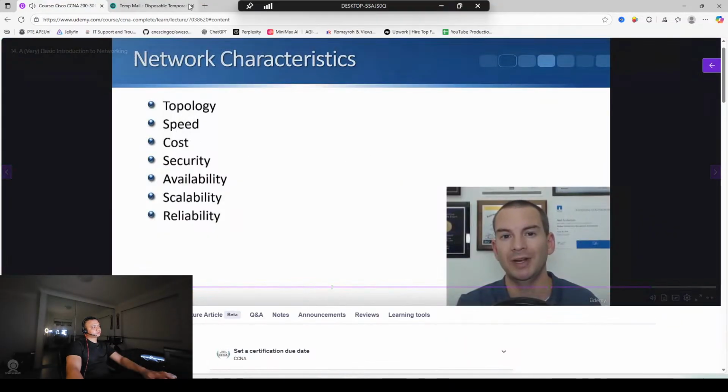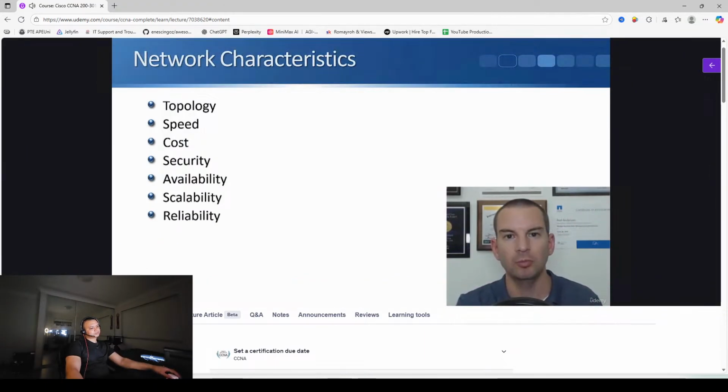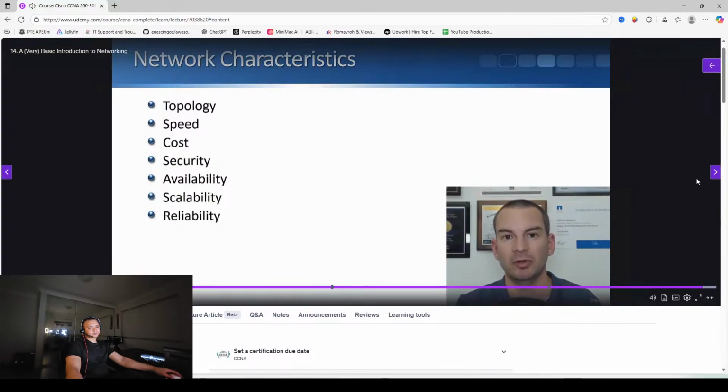Typically, we don't want any single points of failure, so we will double up on those components so that if any one fails, we've got an alternative component that will still be up and running. Scalability is also important. We want to design the network in such a way that it's easy for it to grow with our company without requiring a redesign. And reliability, similar to availability, where we want to make sure, again,